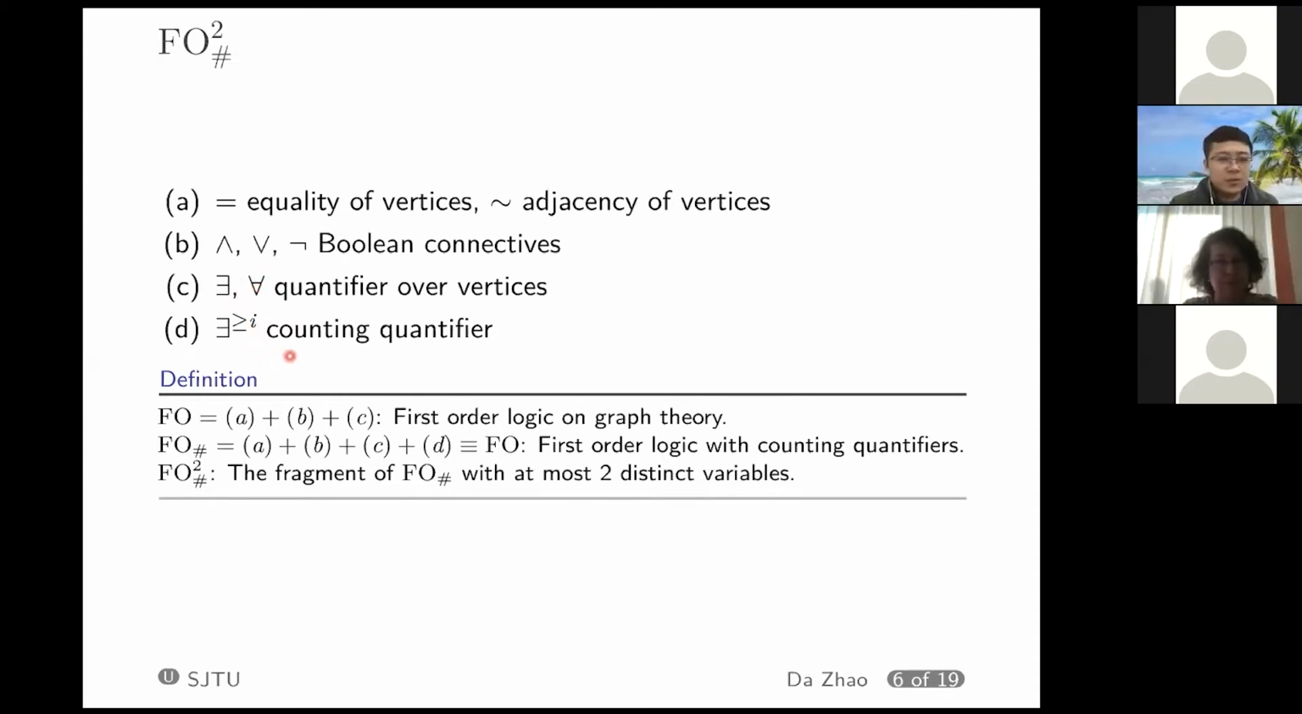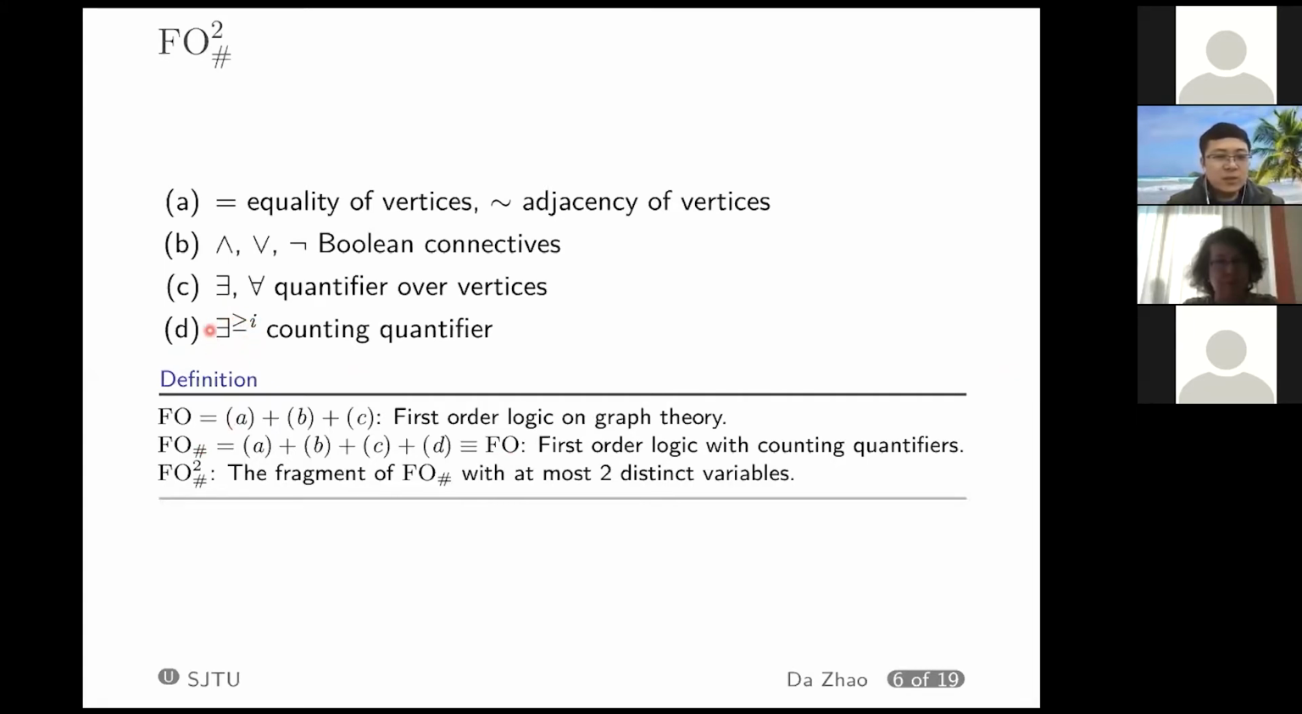And what we mean by quantifier is that you not only want something to exist, but also want the number of such things, if it exists, to be at least some number. So the first order logic on graphs can be built by A, B, and C. And when you add the sharp here, it means A, B, and C, D. It is actually equivalent to the first order logic on graphs, because the last quantifier, you can expand it to